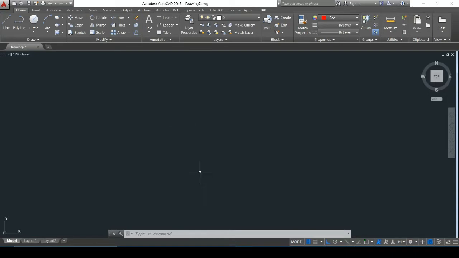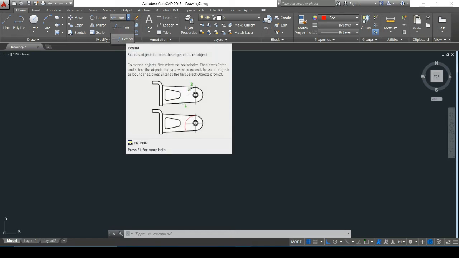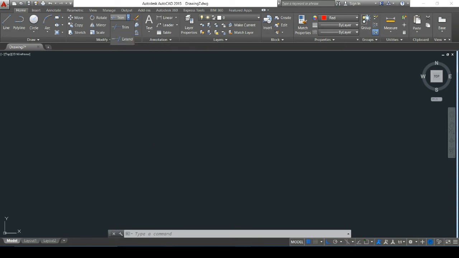Now I am in AutoCAD software and in the Home ribbon. Under the Modify panel, you may see here there is Trim, and when we open the flyout, there is Extend. From here, I may select the extend command, and now I am showing you from the command bar. In the command bar, I am typing here extend, EX.